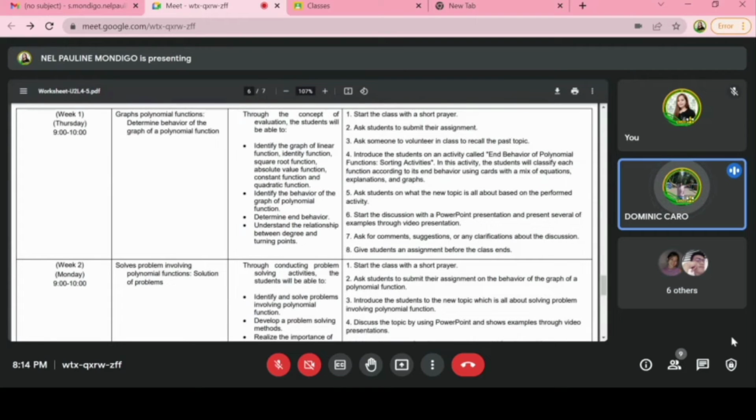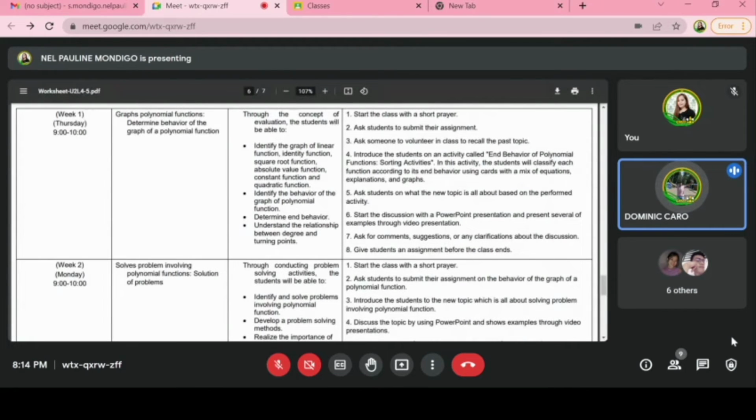Next is day and time, Week 1, Thursday, 9 to 10. Graph polynomial function, determine the end behavior of a graph of a polynomial function. That is the learning competency. The specific daily learning outcome is, through the concept of evaluation,